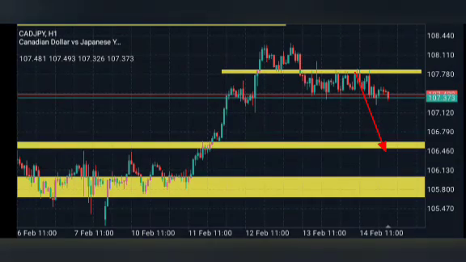CADJPY and USDJPY have the same direction. I think they are buying already, but for now they are still retracing, which is the same thing that is happening on CADJPY as well. So EURUSD, we don't really have much to say because the market is stuck in between the resistance and the support zone. We don't know what the market is going to do, so we just stay out of that for now. And I did my analysis on gold as well. Gold is also at a support level.